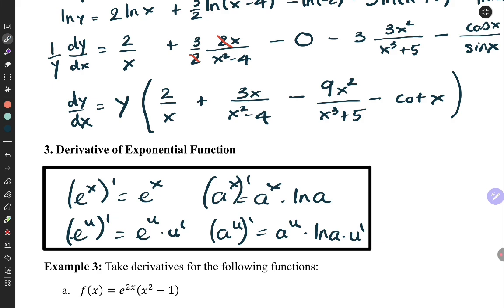More than 90%. Again, same as the logarithm, I focus on the natural log. If you get the natural log, you get everything else. So when these problems pop up, most of the time you're going to see these. If the logarithm pops up, most of the time you're going to